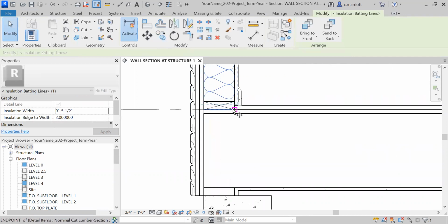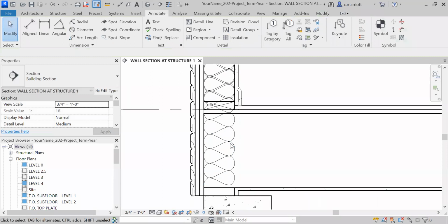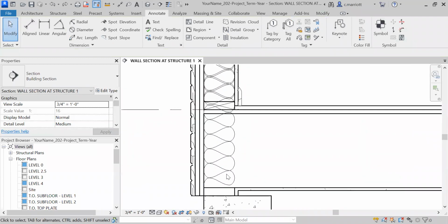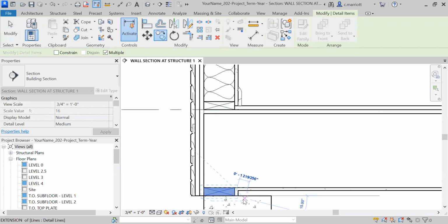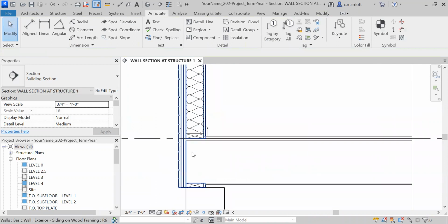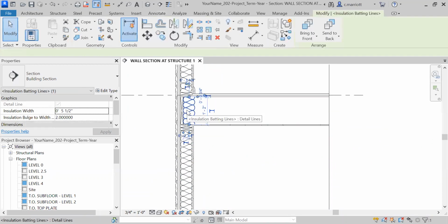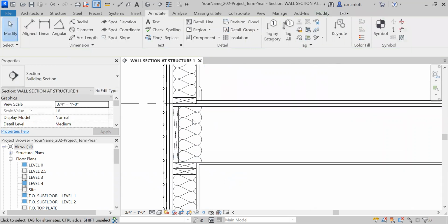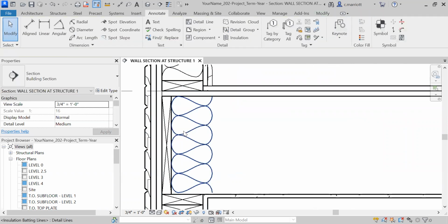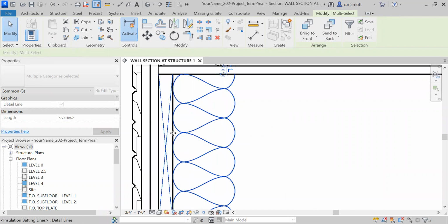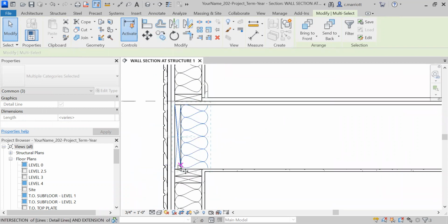I'll make a copy of this plate here, and copy the insulation, which I will need there, but I don't want the full wall. What I wanted to do, oops, looks like I erased more than I wanted to. Let's get rid of this batt insulation. I'm going to click on that, copy, and that down there. We're not going to have this kind of termination, but we'll come and deal with that later. And let's get some more insulation. I'll copy this one, copy here. Oops, you know what? Let's get all three of those components, or all four actually. The batt insulation, hold down Control, copy. I may have to make another line, copy from this point